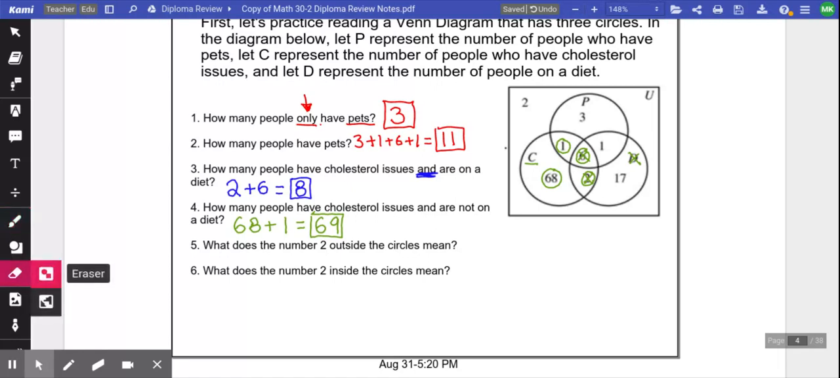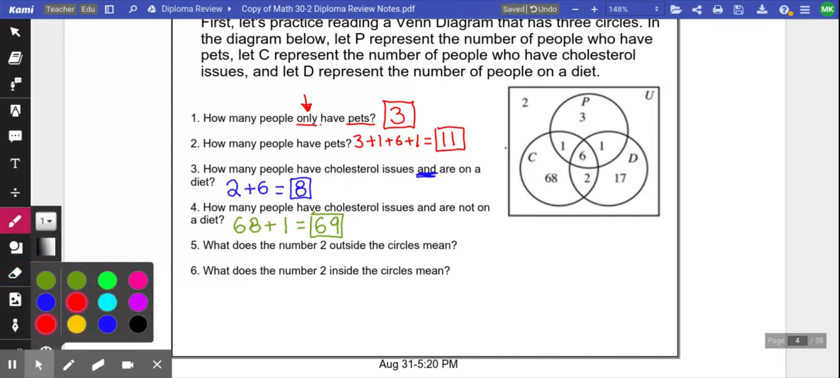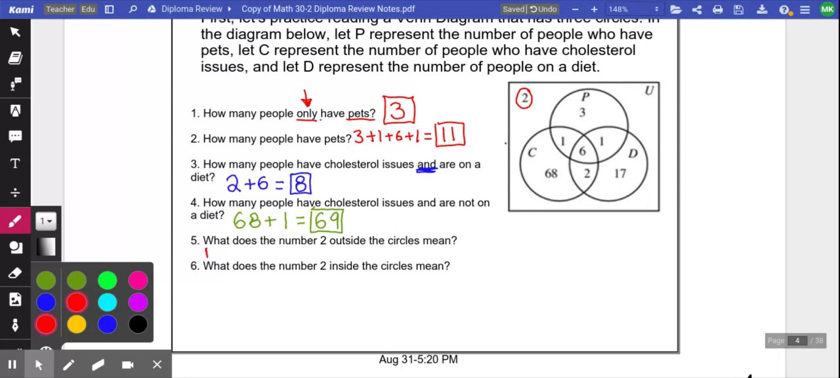The number 5 and number 6 are good written response questions where you have to describe one of the numbers in the Venn diagram. The first one says, what does the number 2 outside of the circle mean? This number 2 right here. When describing something, make sure you mention all parts of the question. So the number 2 represents two people